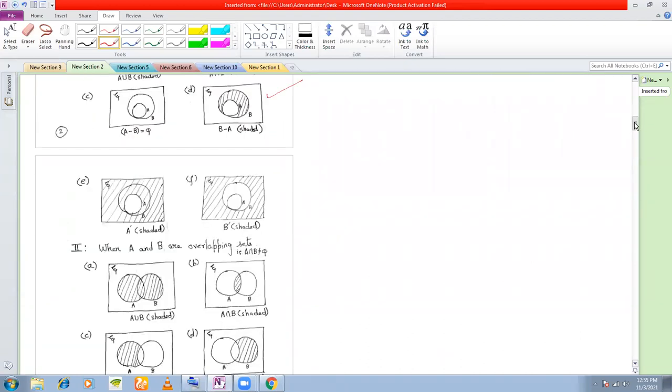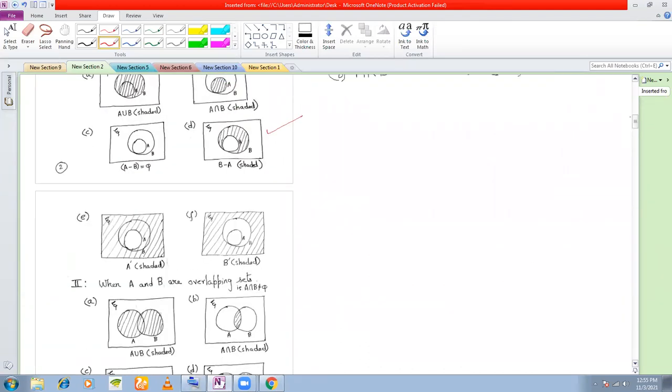So next is, now we want to represent, if A is a subset of B, we want to represent A complement. How do you represent A complement? What is A complement? All those elements which are not there in A. So therefore, when I want to represent A complement, I exclude this circle, I exclude the set A, and I shade all this area, because all the elements which are not there in A. So except A, I shade everything. Clear? This represents A complement.